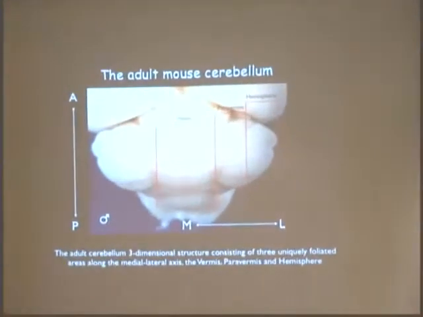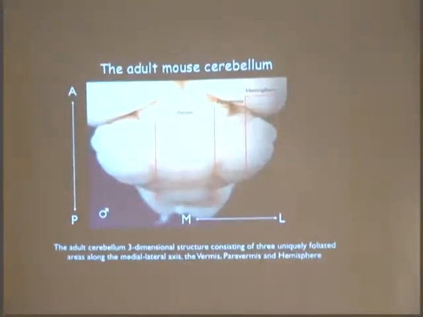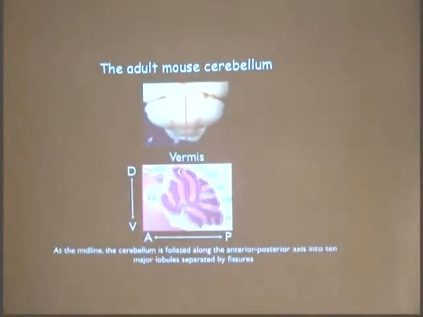So in the Joyner lab, we specifically study the cerebellum. The adult cerebellum is a three-dimensional structure consisting of three uniquely foliated areas along the medial lateral axis, which includes the vermis, which is the most medial part, the paravermis, which is lateral to the vermis, and the hemisphere, which is the most lateral part of the cerebellum. But for our talk today, I would like to focus on the vermis, which is located at the midline of the